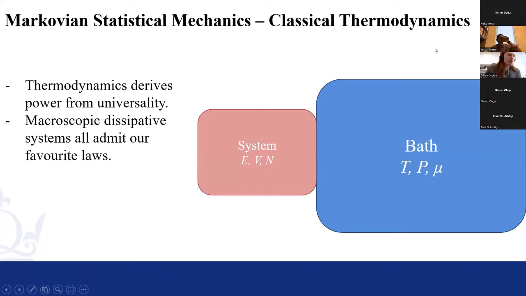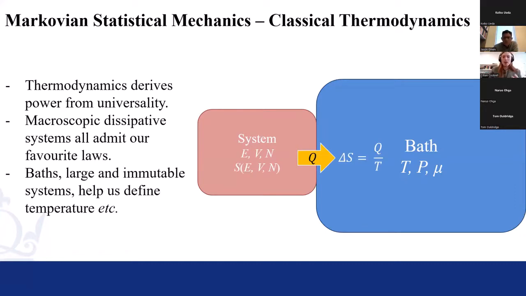So, this is all about baths and what we mean by an environment and how this is an important concept in all sorts of thermodynamics. Our favorite laws of thermodynamics are so useful because they're admitted by all sorts of macroscopic systems. Universality is perhaps thermodynamics' most favorable quality. And we make use of baths not only to define things like temperature and pressure, but also because there's this simple expression which we can use to quantify the entropy of